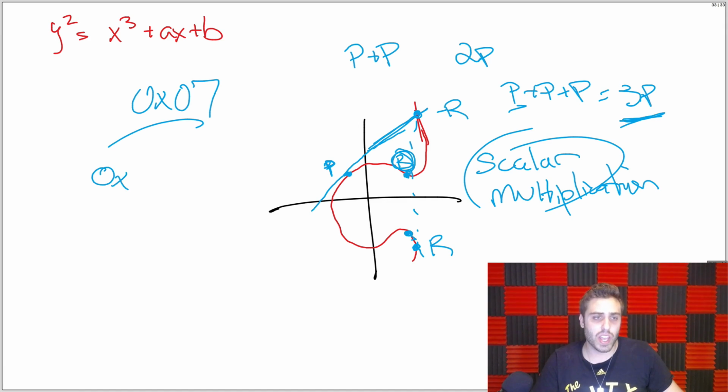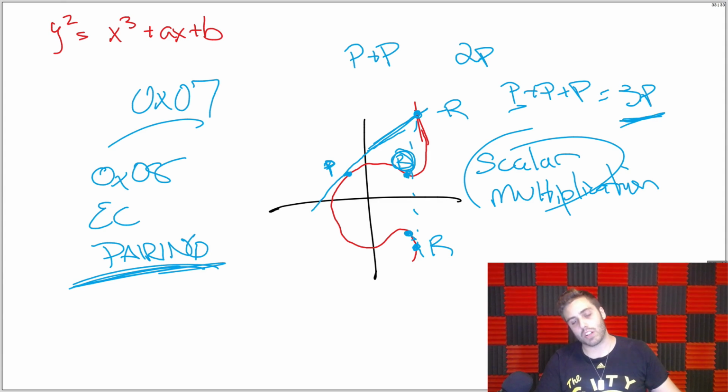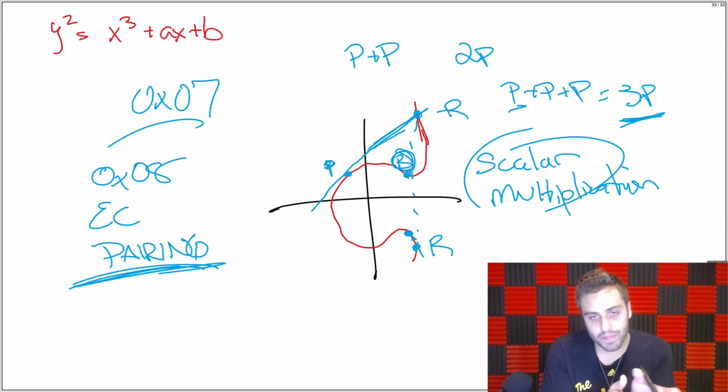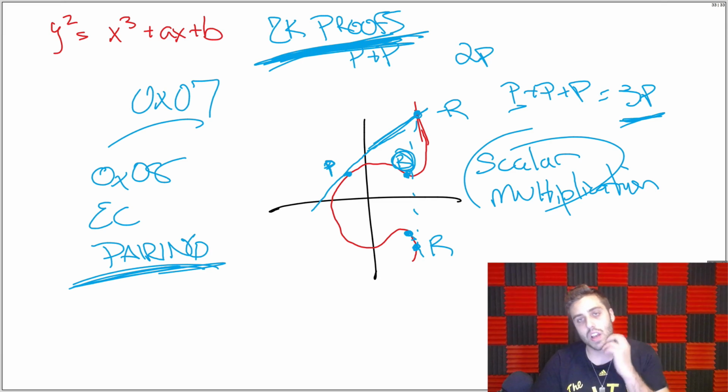And then the 0x08 contract is something called EC pairing. And I'll have to admit, I do not actually really understand what this does, but it is some cryptographic primitive involving elliptic curve cryptography. And the whole point of adding these precompiled contracts is that elliptic curve cryptography is what underlies zero-knowledge proofs. So Ethereum wants to add capabilities to be able to do zero-knowledge proofs, and it needs this kind of cryptography in order to enable them.